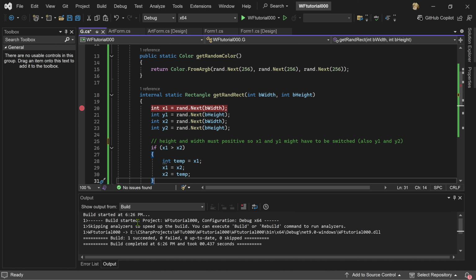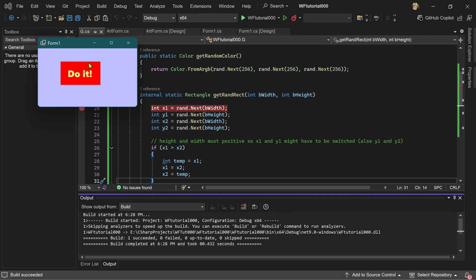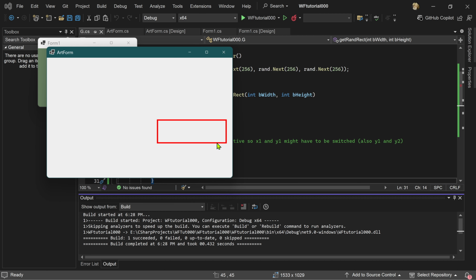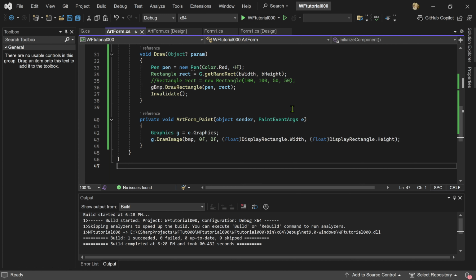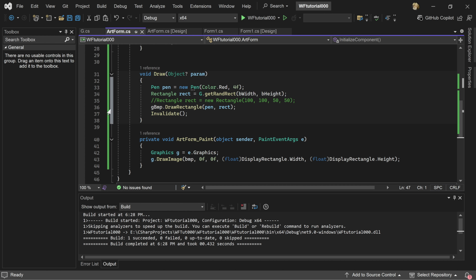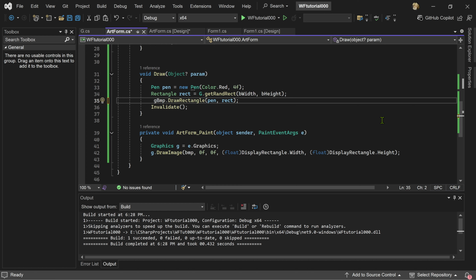In other words, when we run the program, we click do it, it creates a window, and the draw function in the art form is what will, and I'll take this line out because we don't need it anymore. The draw function will draw in the bitmap, and then it'll display it in the window. Now, I know this is not an exciting drawing,